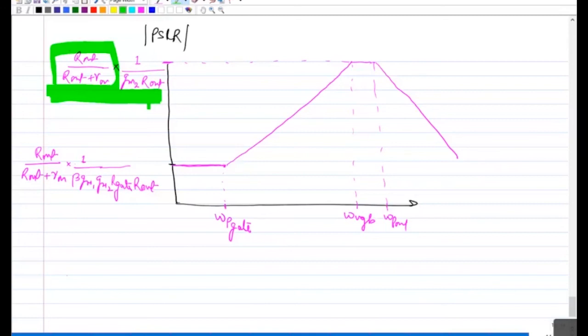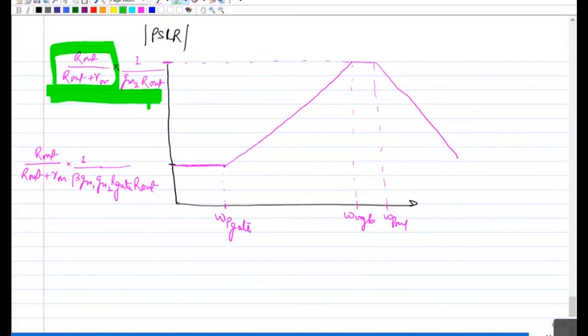It's large, right? Because R out, I mean, is lesser. I mean, 1 by GM. Yeah. So inherently, it will be larger. So your non-dominant pole, which was at 1 over R out C out, now it is pushed to GM2 over C out. So that will obviously be at much higher frequency.